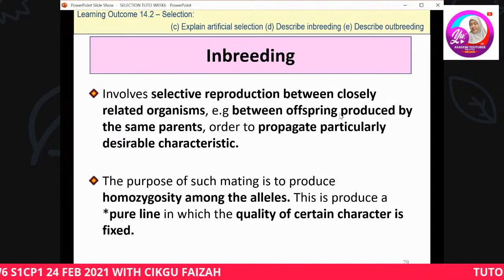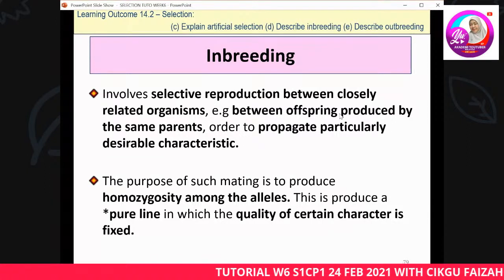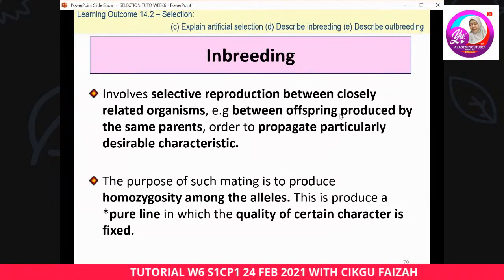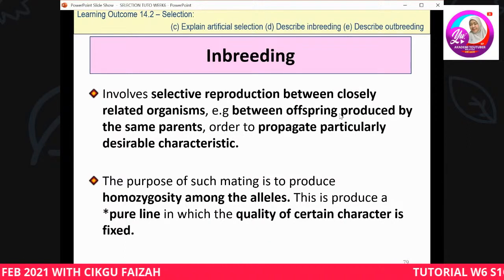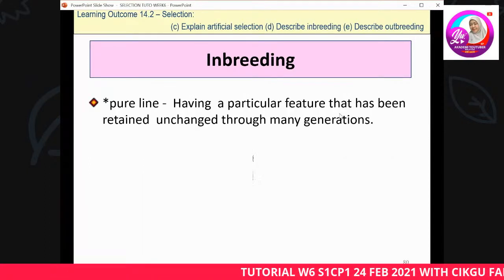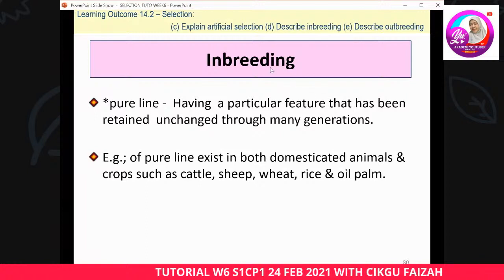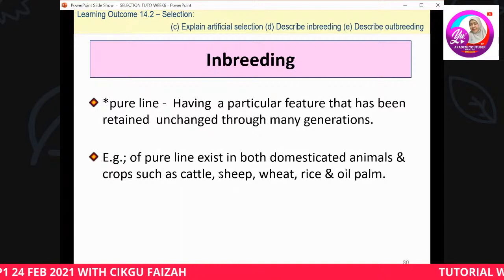they give the pure line. Pure line exists in both domesticated animals and crops, such as cattle, sheep, wheat, rice, oil palm, and the examples the teacher showed earlier. So you can highlight that from page 79 of our notes. Pure line, crops such as cattle, the diagram I showed earlier, the sheep as well as our wheat,